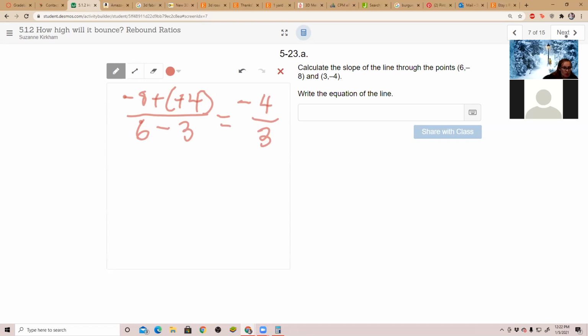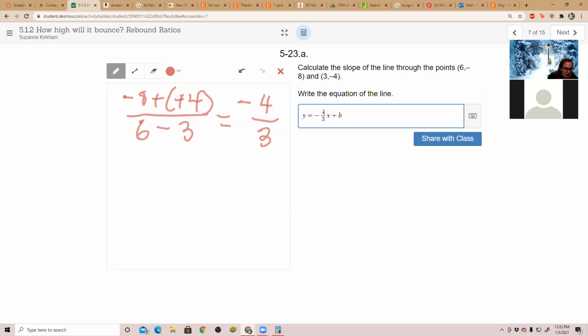Okay, now we have to write the equation, but we don't know what the y-intercept is. We only know what 2 of the points are and what the slope is. But we can start our equation out. We've got y equals -4/3 x plus b. So we need to figure out what our b is. The way we do that is we take 2 of our points, and I like using the smaller point, so I'm going to use (3, -4),